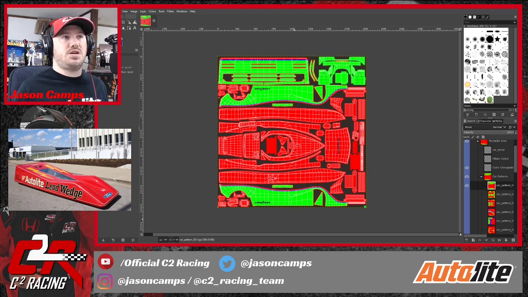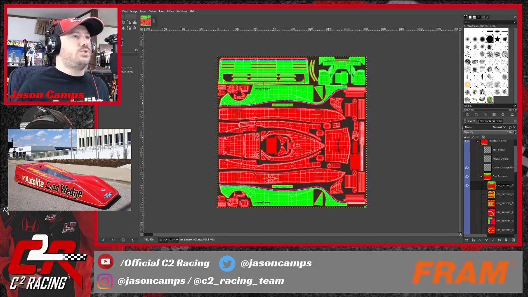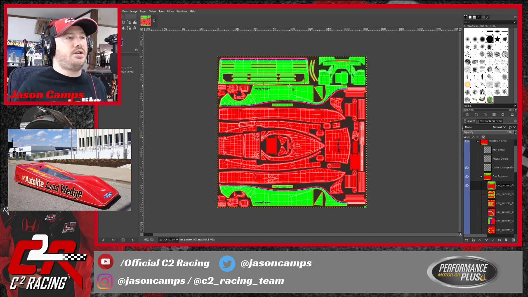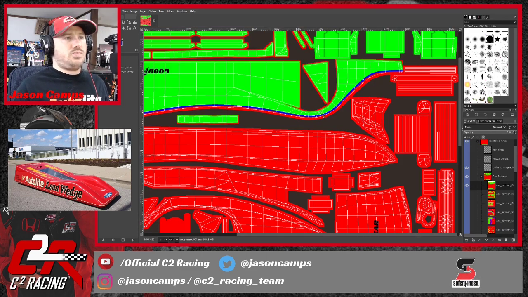But we want it to be red all the way around, and we just want this white stripe down the edge. Now, what's nice about this template is that it gives us that stripe in this blue stripe, but we don't want it to be blue. We want it to be red, or I'm sorry, we want it to be white, and we want this green area to be red. So what we're going to do is click on that layer to make sure that it's active. And then we are going to go to colors,